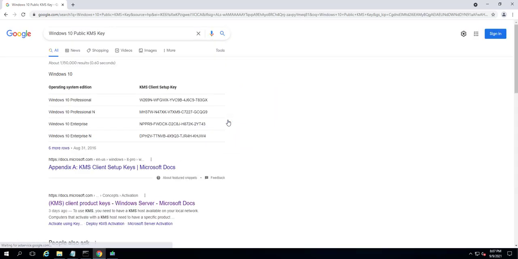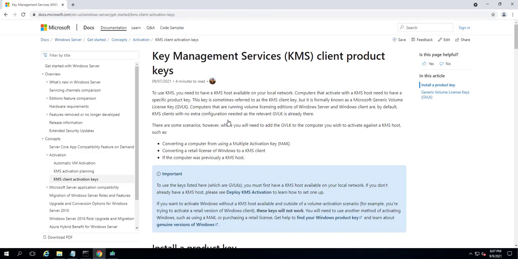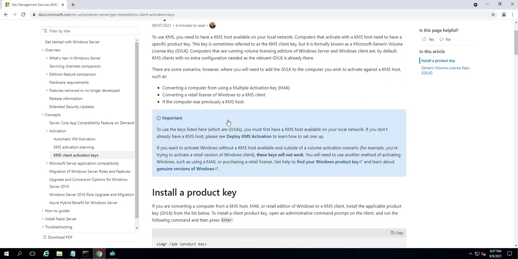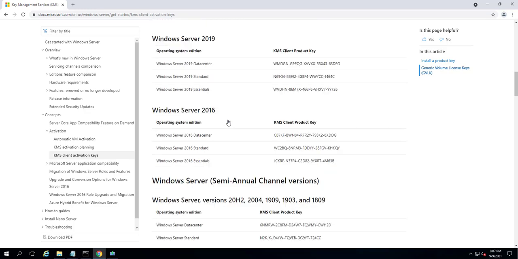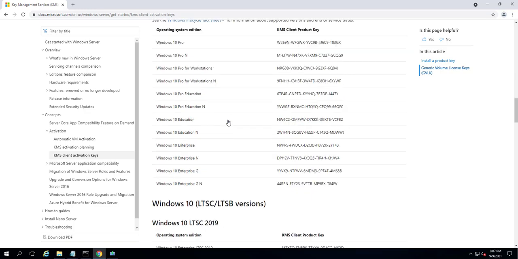So we're going to go to Google and type Windows 10 KMS, and we're going to see some public client keys that are made available to anyone on the internet. So we're going to scroll down here under the key management page and select the Windows 10 product key we're going to need to download the ISO from Microsoft directly. These keys will also be down in the bio, as well as the links to help you find these product keys. Just going to highlight the key here, copy, go back to the media creation tool,